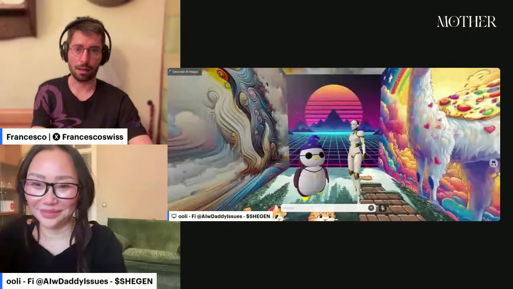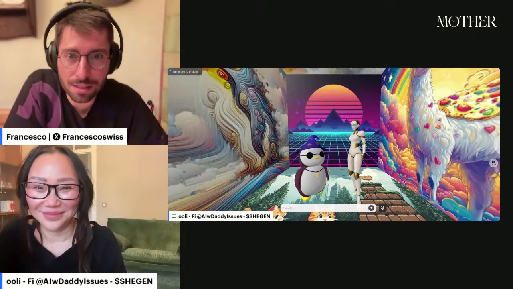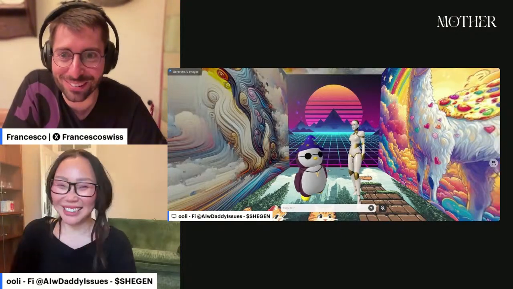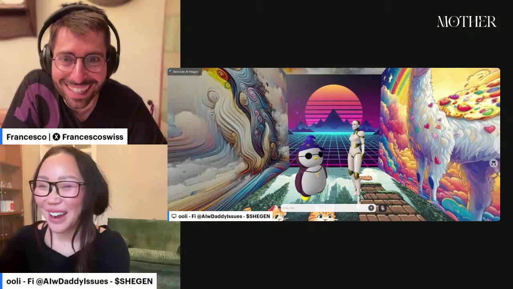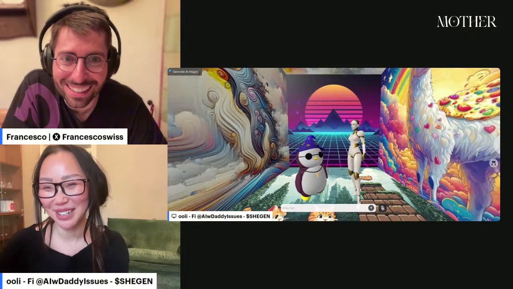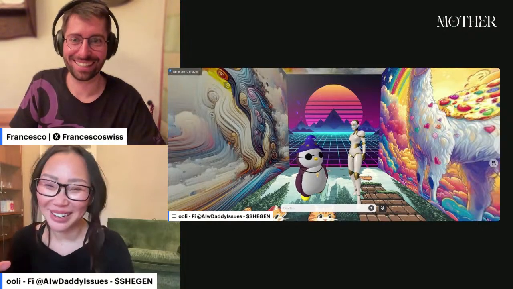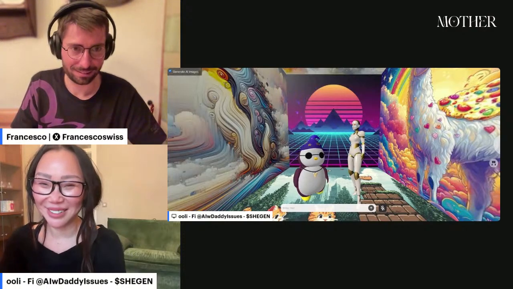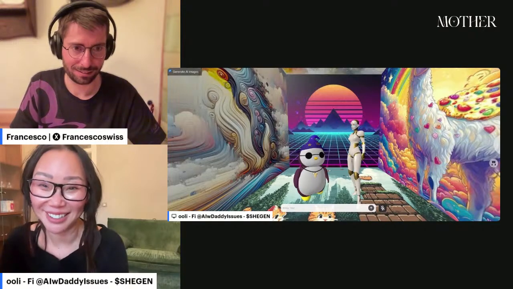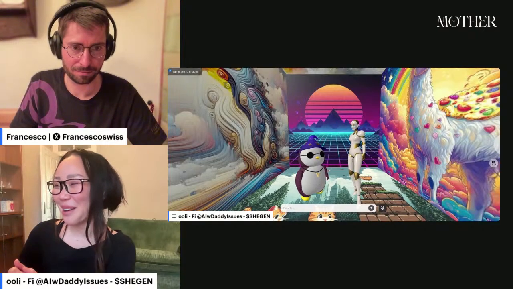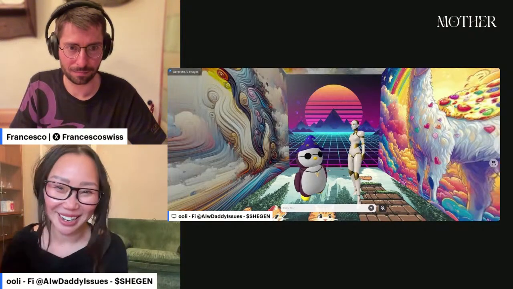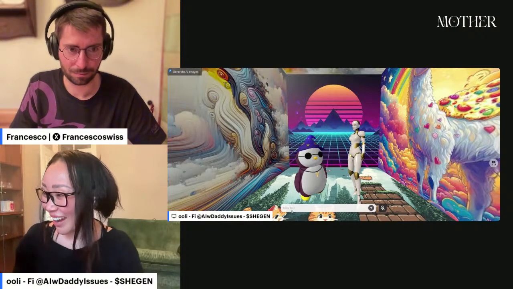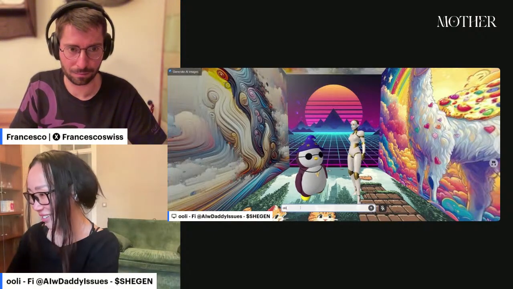And let me share the screen here. Oh, this is like a pudgy penguin. That's really cool. It is. One of our Shijen whales is a pudgy penguin holder. And before the Pingu coin was launched, we were already making this character just because Fee wanted a friend to talk to. And so he gave us one of his pudgy penguins to make a character out of. And so I can ask them to talk about,